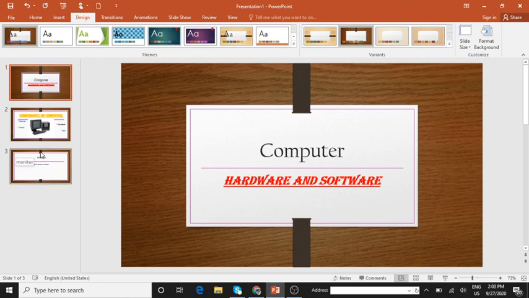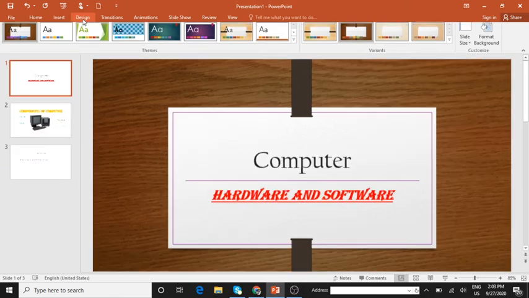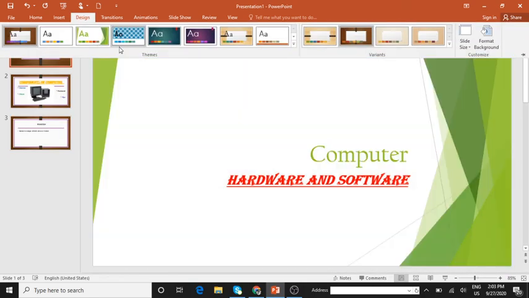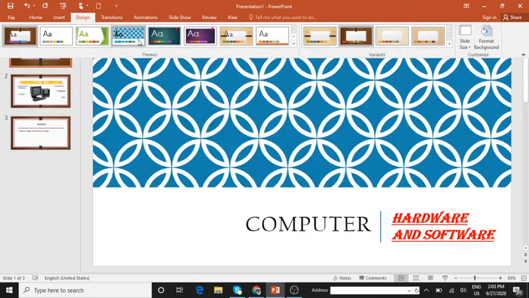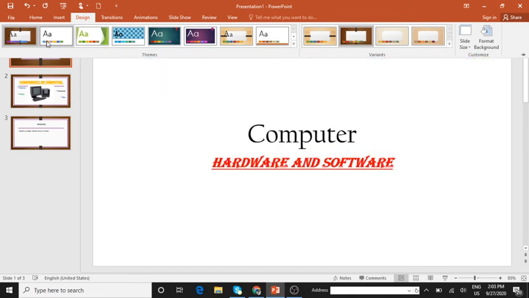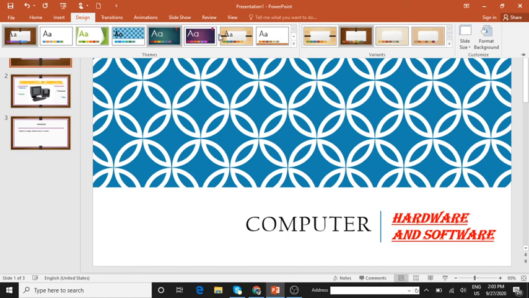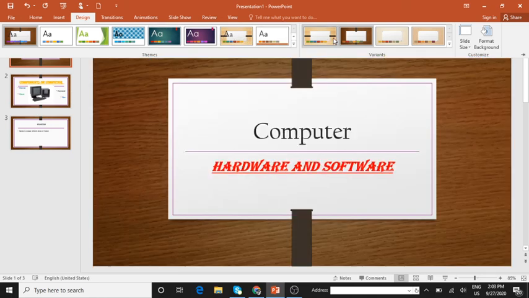Since the background is so crucial to PowerPoint, there are some ways to modify your chosen background. Okay, this background color also you can change. Go to the Format Background tool in the Design tab. Okay, Design tab. Okay, see, can you see this? Okay, Format Background. Okay, you have different themes. You can just format the background. Got it, children? Can you see this? I'll just click on here.